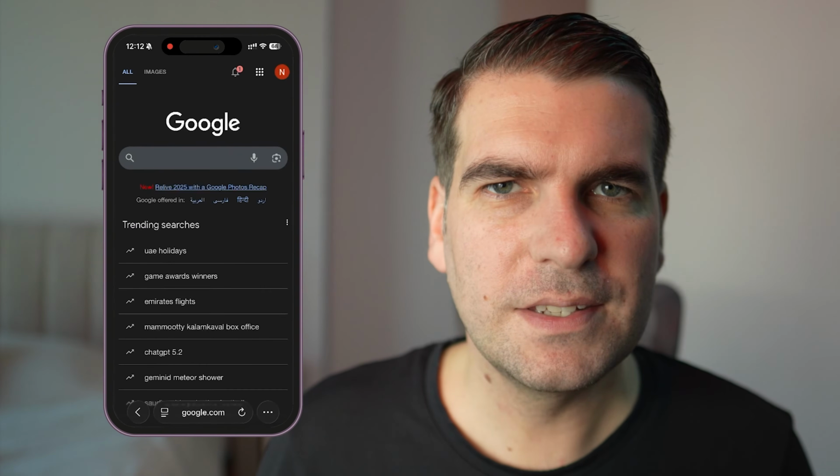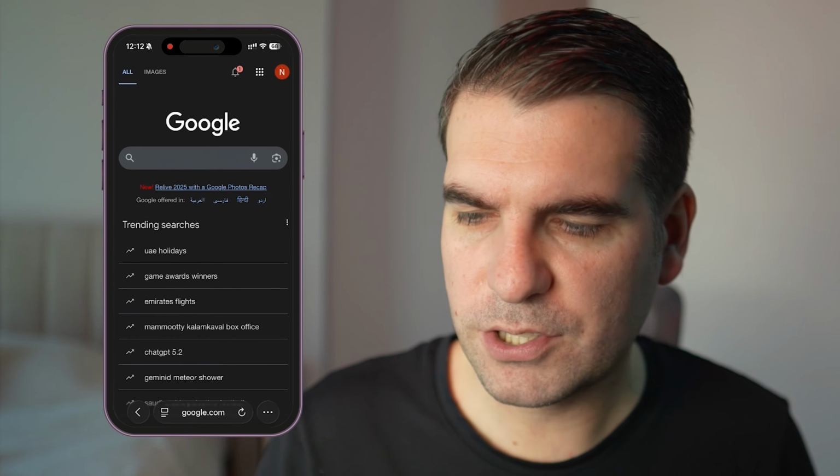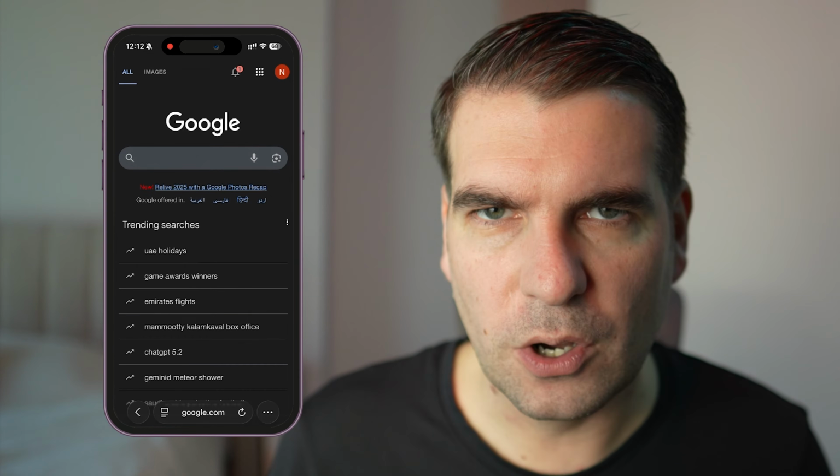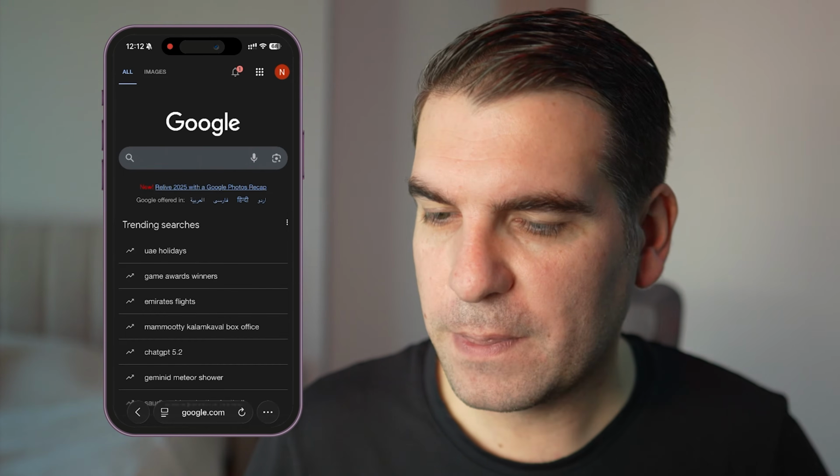Today guys, I'm going to be showing you how you can delete your Safari history using an iPhone. It's actually an interesting setting that's buried quite deep inside Safari, so I'm going to demystify it and show you exactly how to do it. Let's get started. Okay guys, so here I have Safari just opened up onto a google.com website,